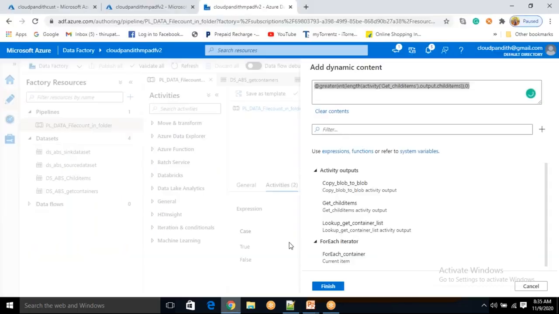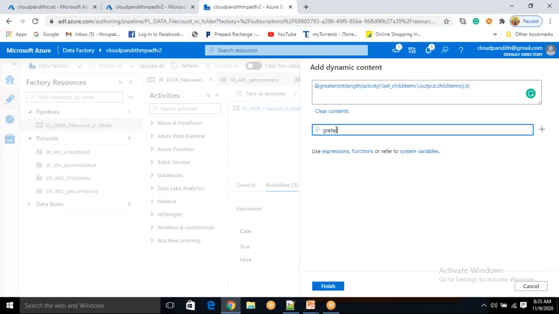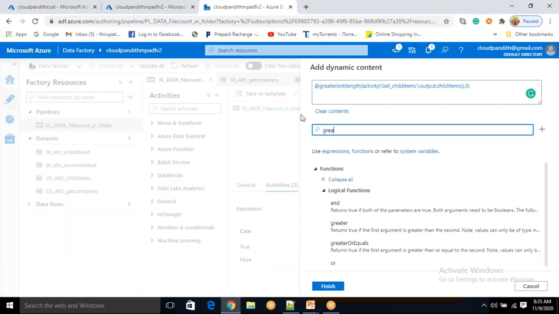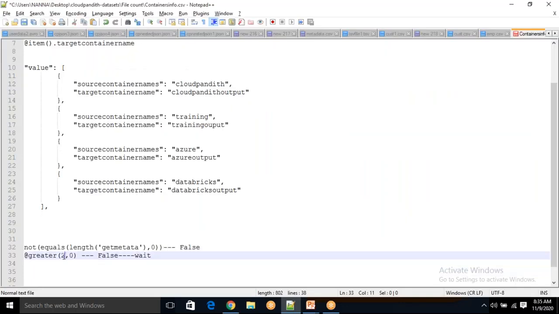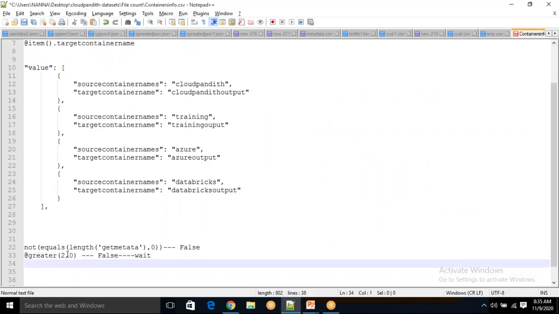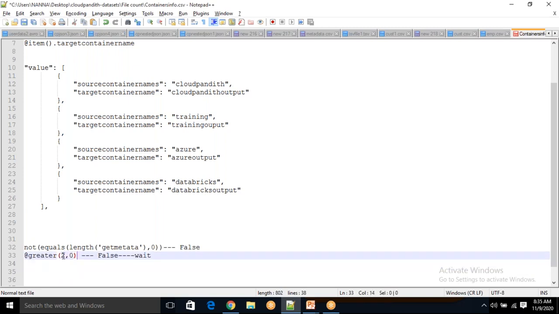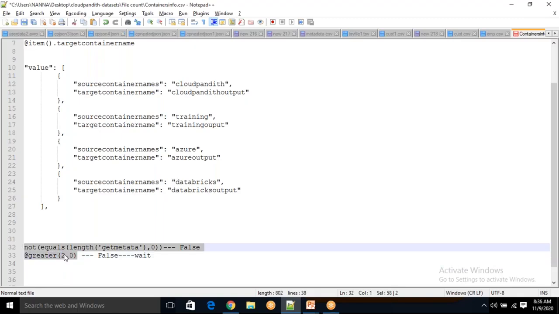So this is one thing you need to understand: how this greater function will work. I'll just show you. You just put the cursor here. See here, when you say greater 10 comma 10, it is going to check whether the first argument is greater than the second argument. Now can somebody tell me whether your first argument is greater than 0 or not? Yes, your first argument is 2. Yes, true. When I have 2 files, this condition is coming true. So I will execute only